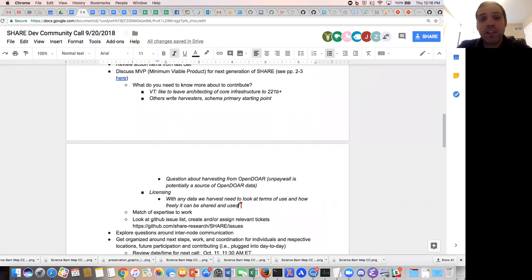Now, most of these groups want you to use their data. They want you to use their APIs. There's not going to be any problems whatsoever. But those are the things you should take a look at before harvesting. And I can help you understand some of those things. Obviously, I'm not a lawyer. You need to talk to your lawyers if you're going to be doing any of this stuff. But I can at least tell you where to look to find this stuff.